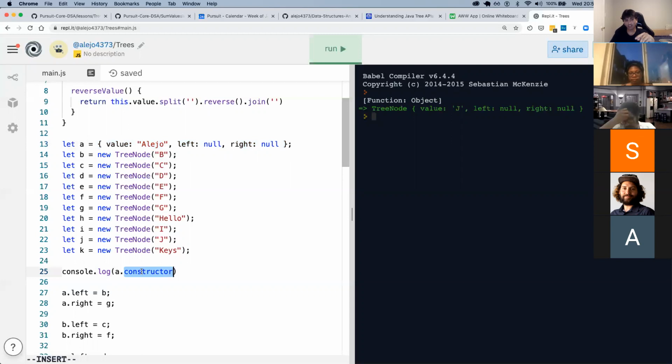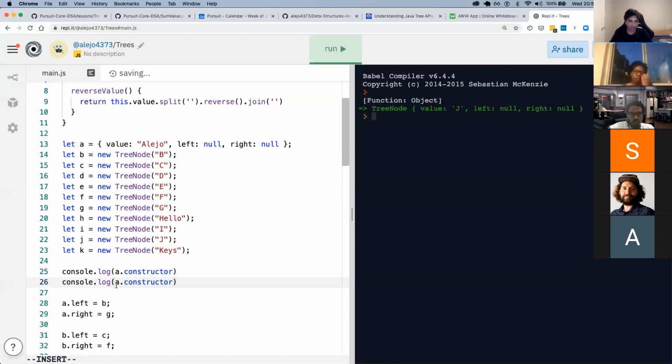That constructor key is being inherited from the Object class. Every object in JavaScript inherits from the Object class. That's like the global object class. But what I want to see is if b.constructor gives us something different.